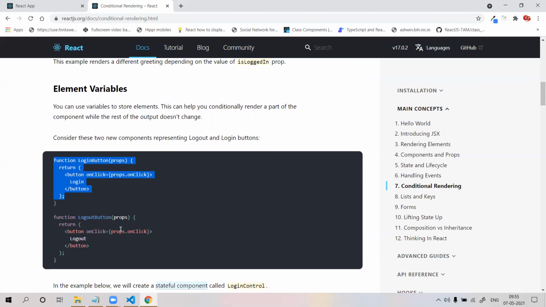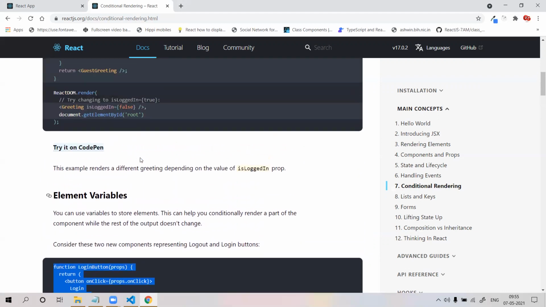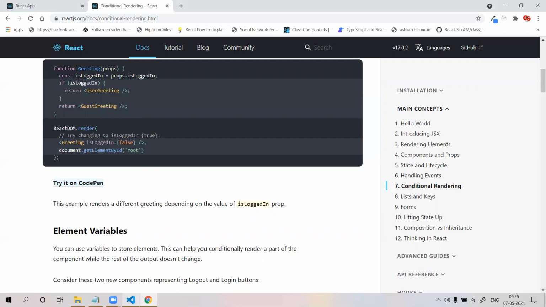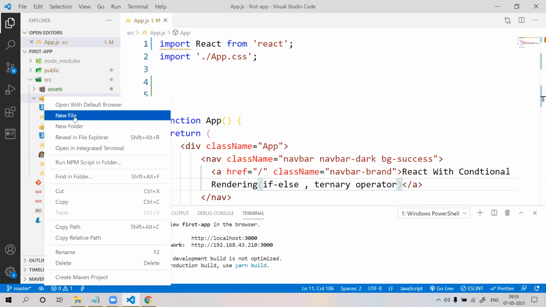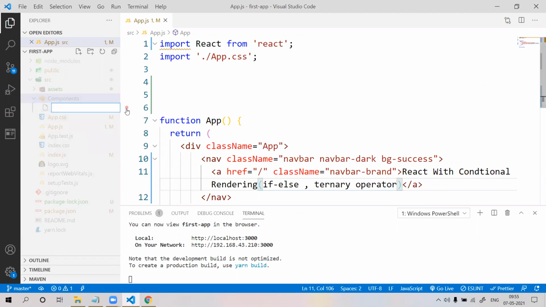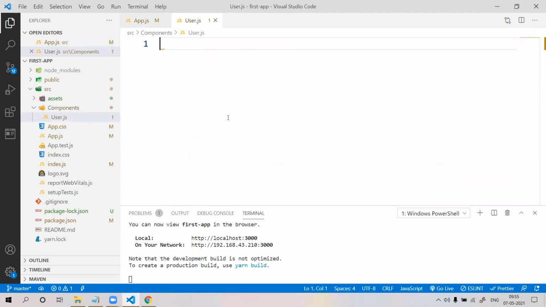On click, let's start. Open the editor and create a new file, users.js. Hit enter. Close this terminal.